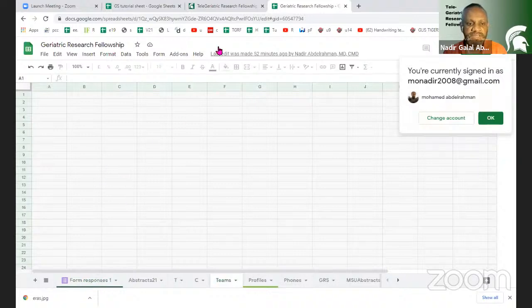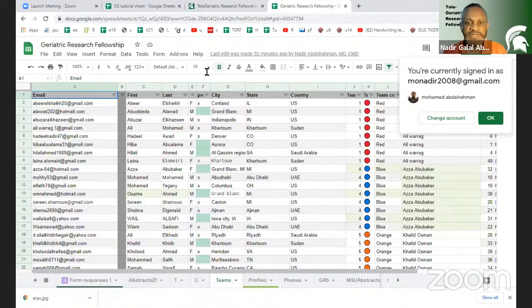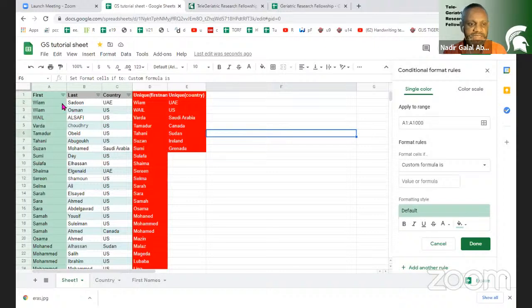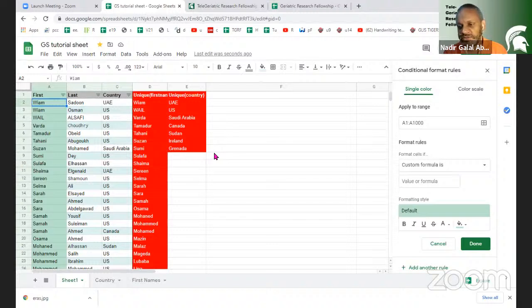I don't have it right now, so I don't want to waste your time. But basically, there is a formula you can add here to identify the